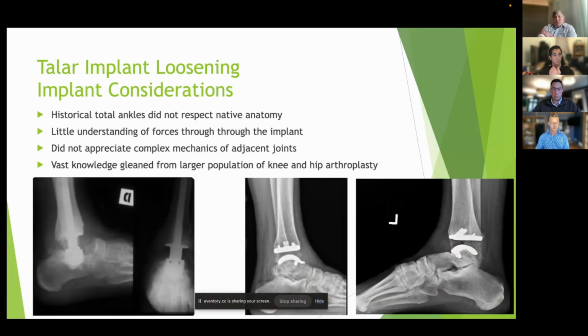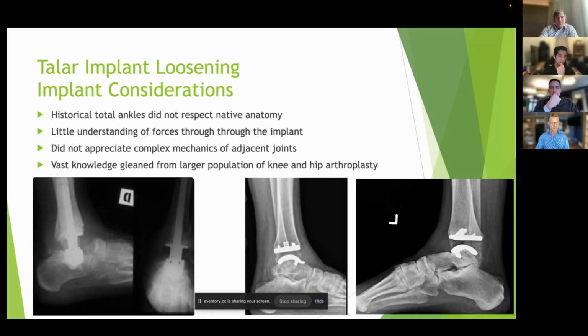So before we get into the implants themselves, total ankle implants have come a long way from these earlier implants that did not respect much of the anatomy or have great understanding of the anatomy or the biomechanics, towards these essentially resurfacing designs, where we've gleaned a lot of information from our hip and knee partners, and even, particularly with this implant in the center, the Exactech one, from total shoulder literature or